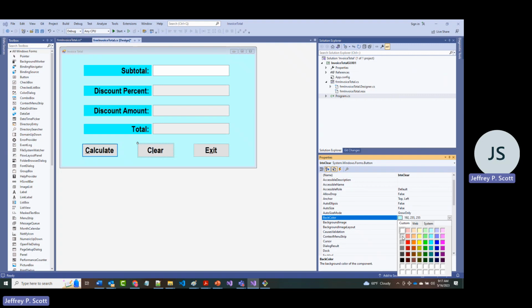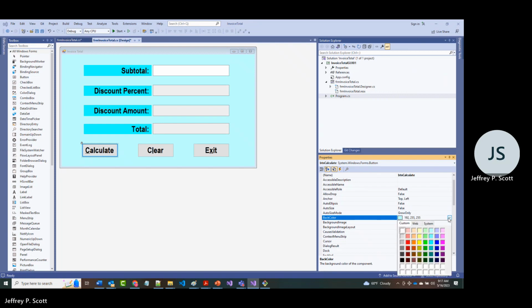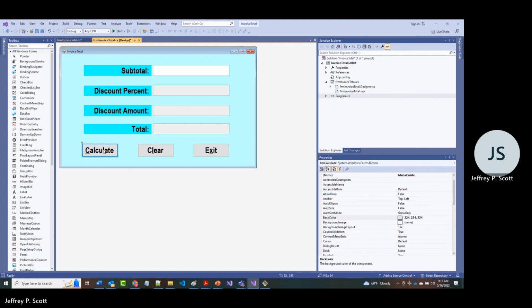I'll use this one right here. Okay, we'll do it like this. See if we can. All right, so that's 224, 224, 224. All right, so in here,